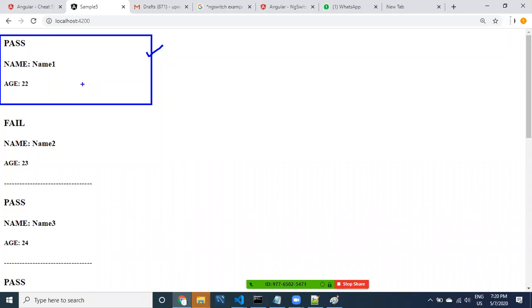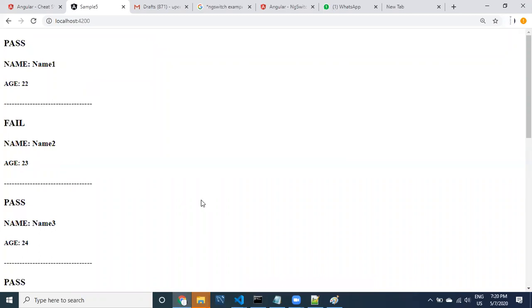So we have 3 areas. Of course we can use ngIf also, guys. ngSwitch is an alternative for ngIf always.